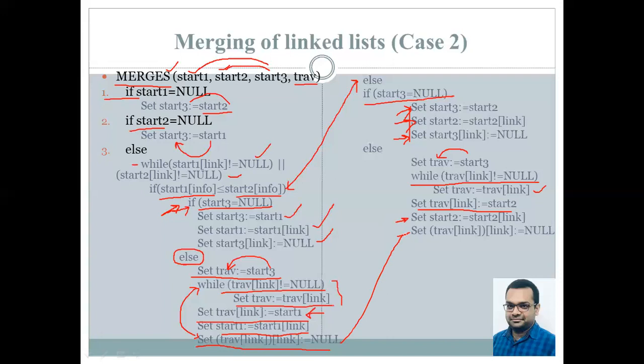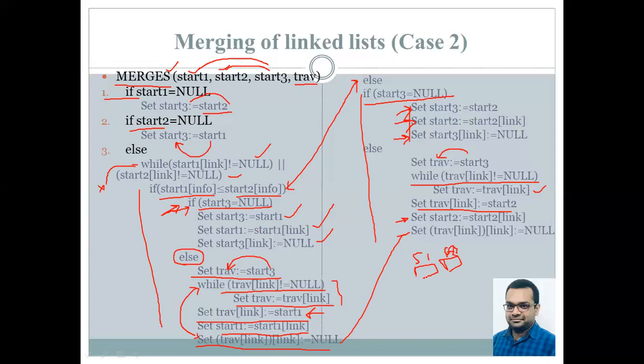Now all this is fine as long as at least one node is left in either of the two linked lists. In case one node is left in both lists, that is the last node surviving in both linked lists, this check in the while loop is going to be false and none of these statements are going to be executed. In that case, we simply have to compare the last nodes of linked list 1 and linked list 2.